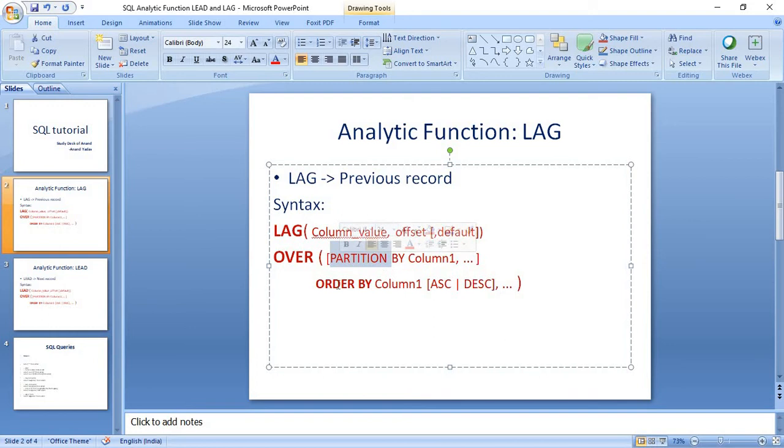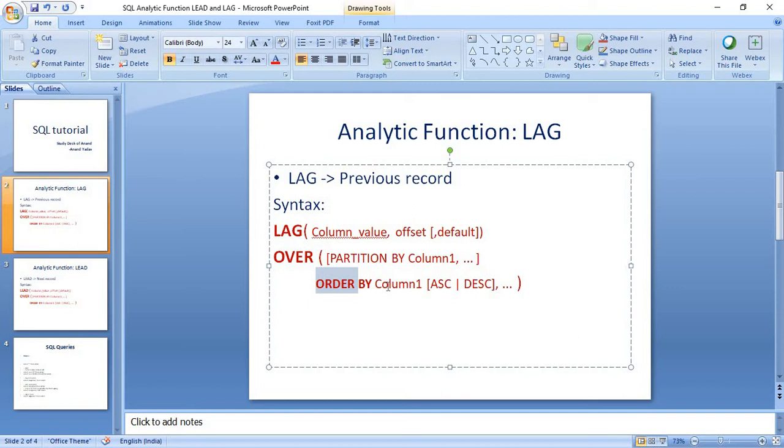The second syntax keyword is ORDER BY, the way we order the values in which they should be returned.